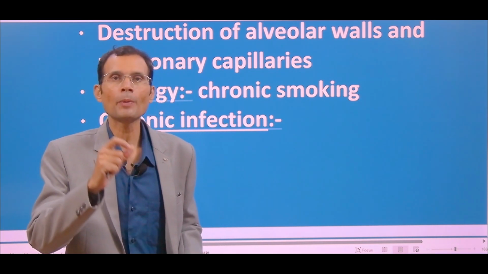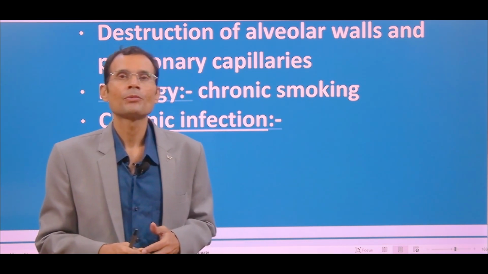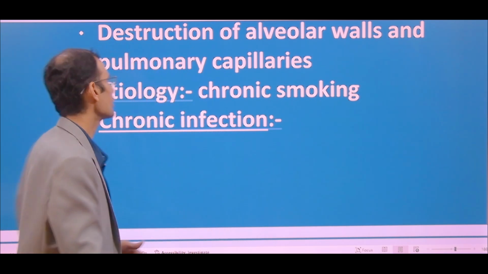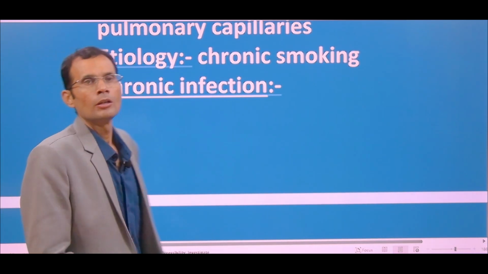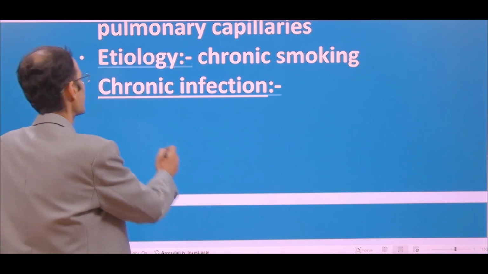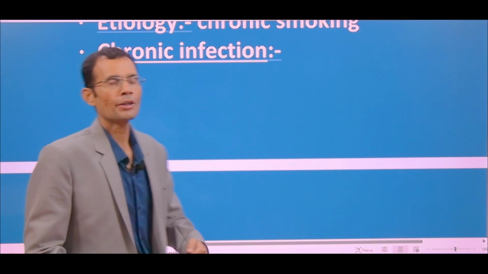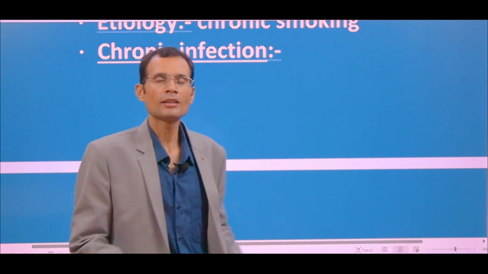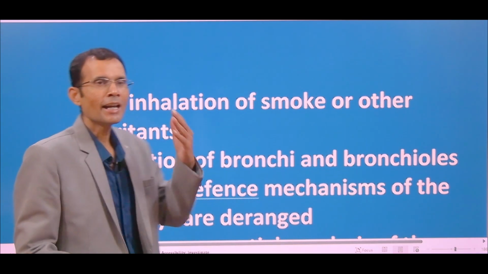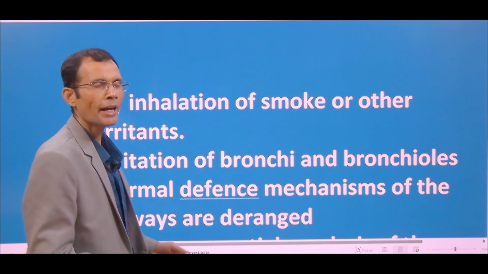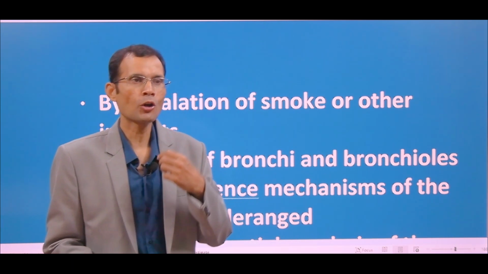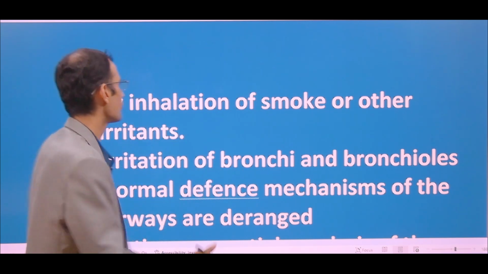Let's start with the etiopathogenesis. What is the etiology? And then we'll also see the pathophysiology and pulmonary function tests associated with it. Etiology. Most commonly, it is associated with chronic smoking. Yes, that's the most common etiology that eventually results in emphysema. Look, if there is inhalation of the smoke or any other irritant, it will start damaging the airways. It will start causing damage in the airways first.